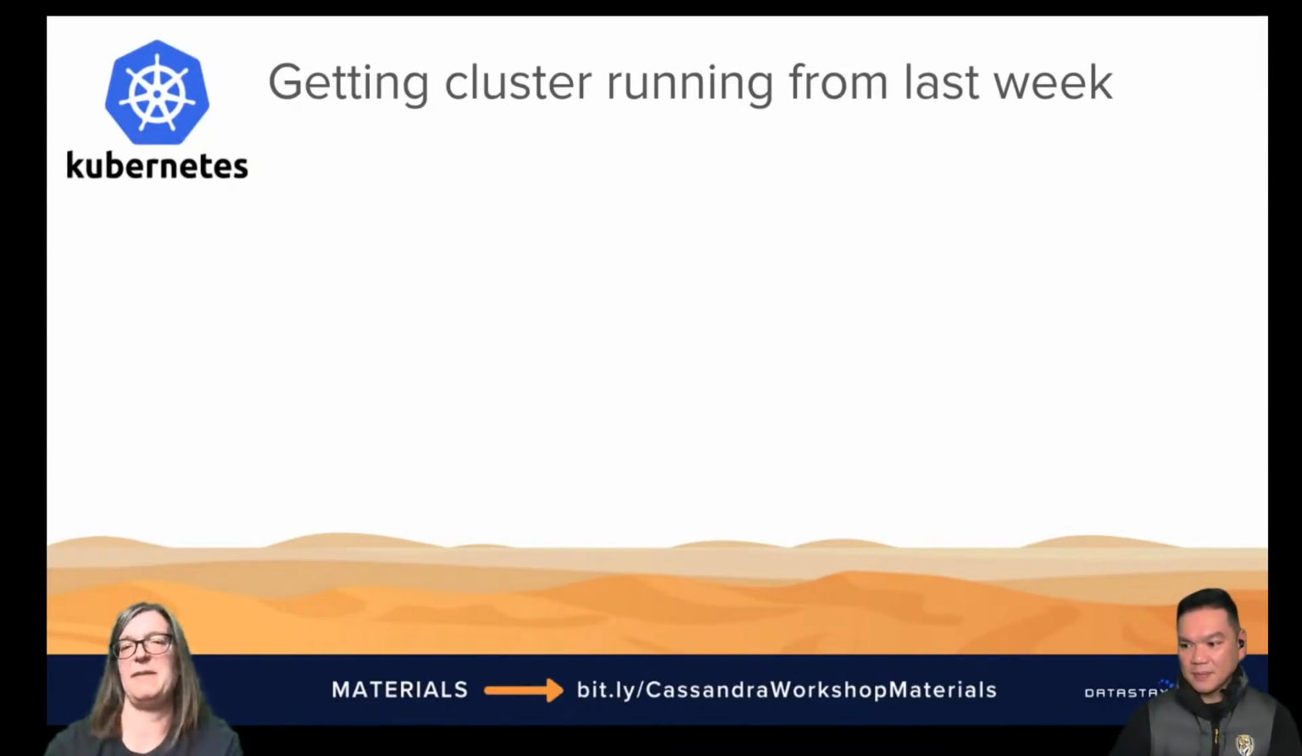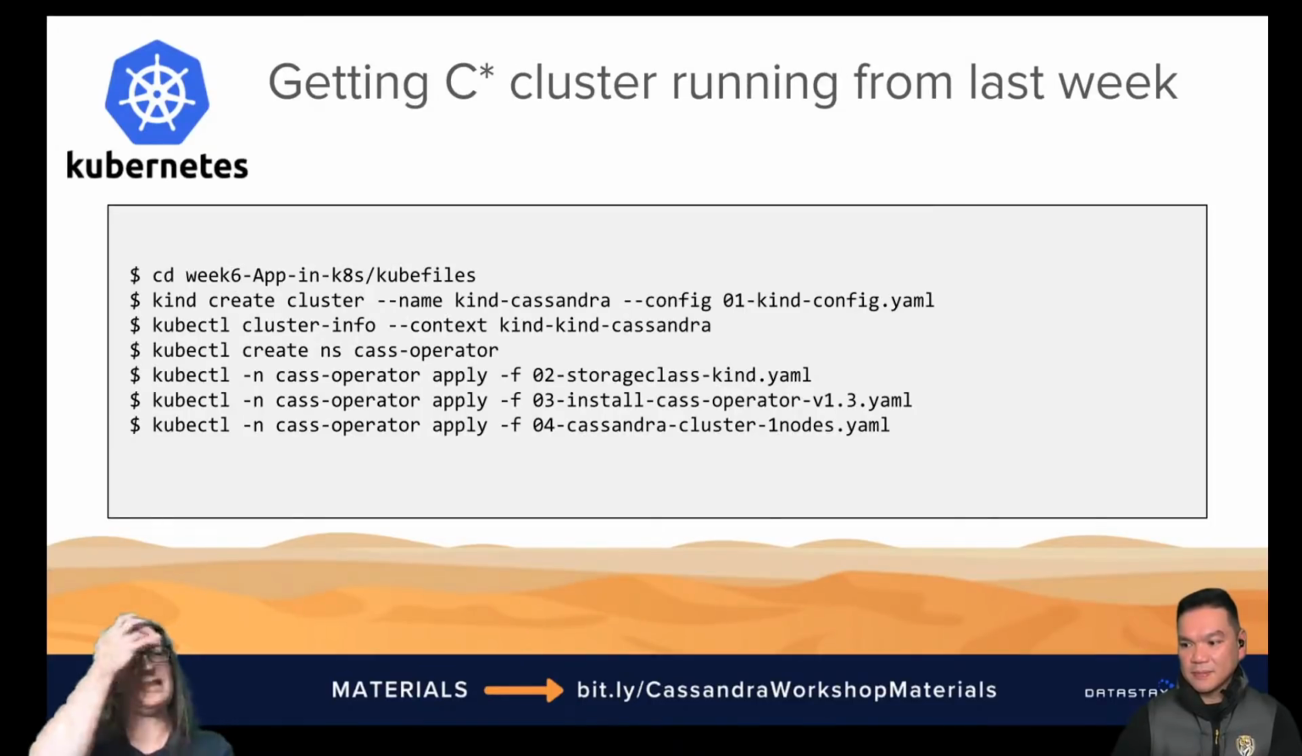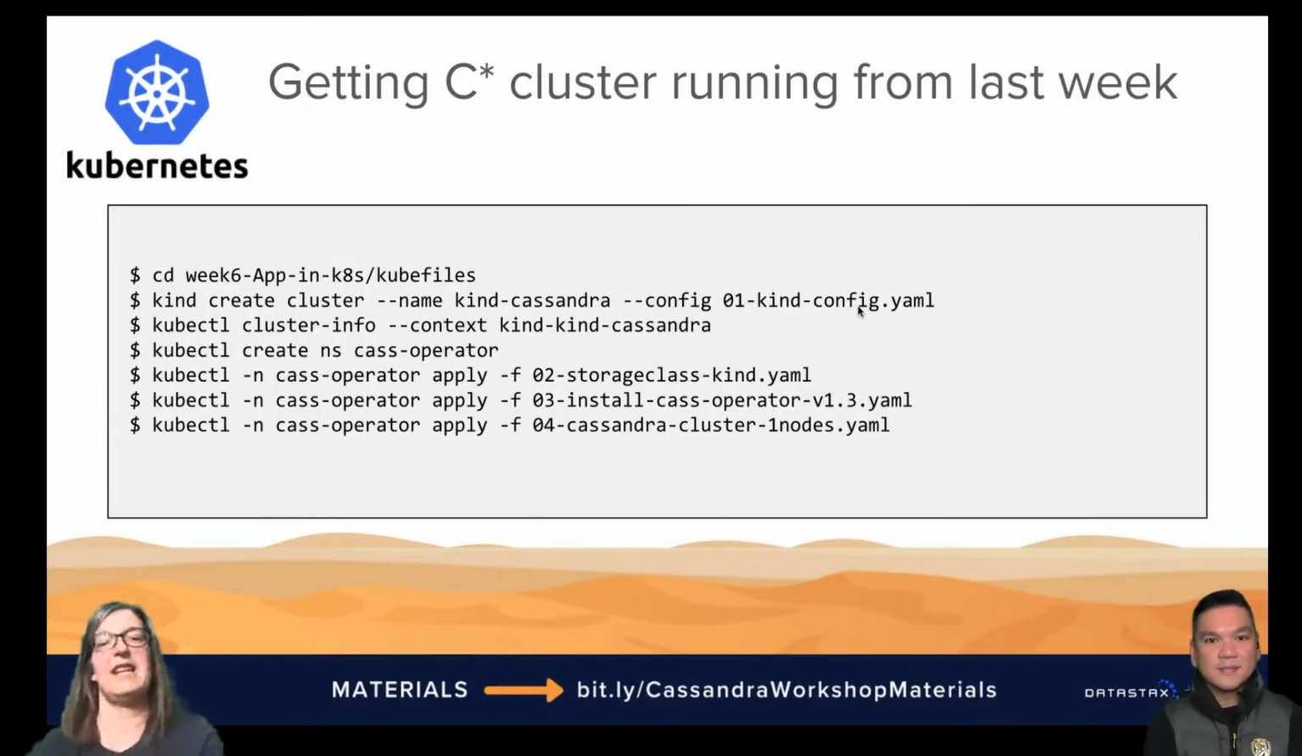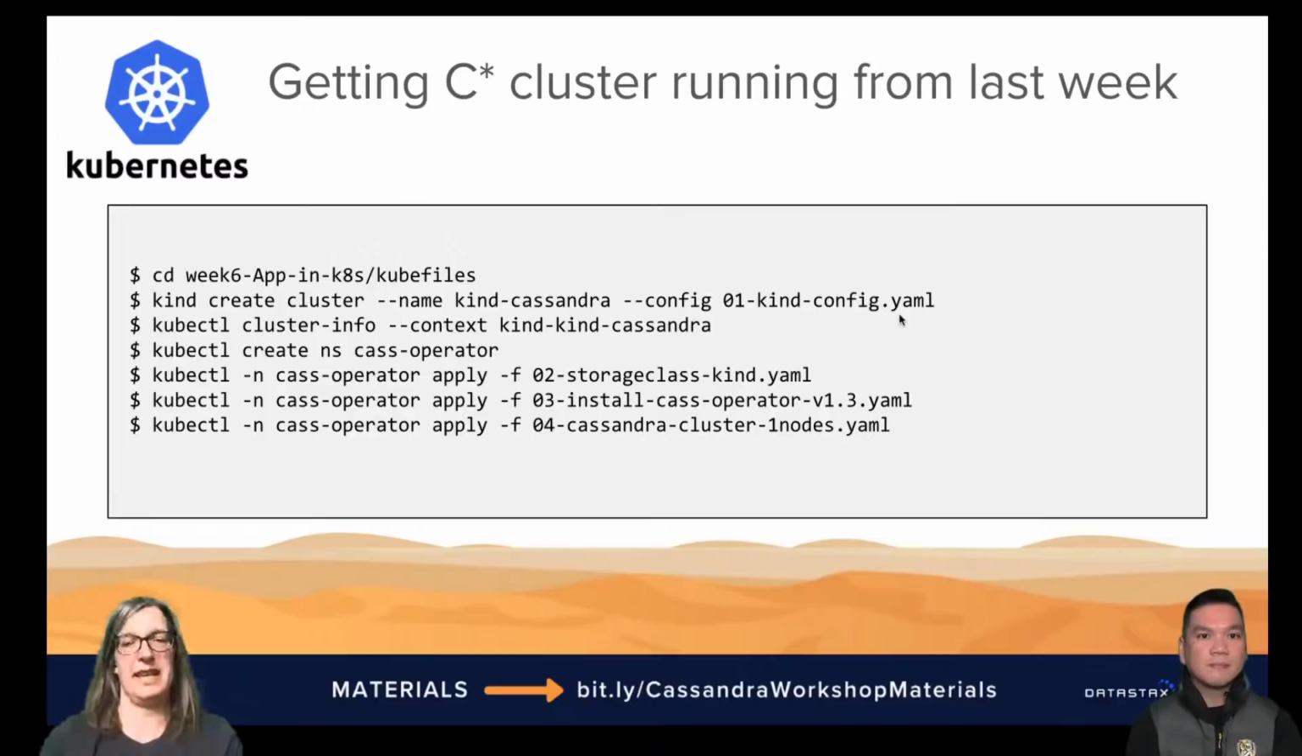So let's get the cluster up and running from last week, right? And so we're going to use kind again. I've got kind installed. I've got kubectl installed. What we need to do is configure it with a configuration YAML for kind, right? So kind also uses YAML. Kubernetes uses YAML, but this is the configuration YAML for kind. And then we need to tie the context of kubectl to this new cluster that we're creating,